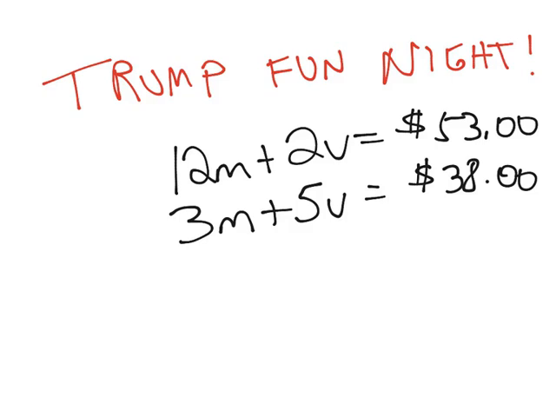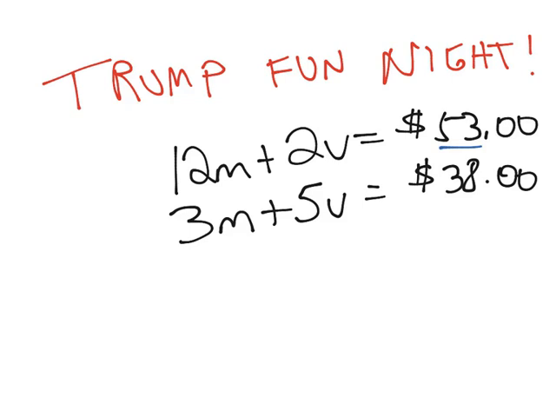In this video, I'm going to show you a little math problem I got here, okay? So, here Mr. Trump is going to have a fun night. He wants to take the Mexicans and the Muslims out for some fun. So, 1 month he's going to take them out, and in that month he's going to get them 12 movies and 2 video games. And the total cost of those guys are going to be